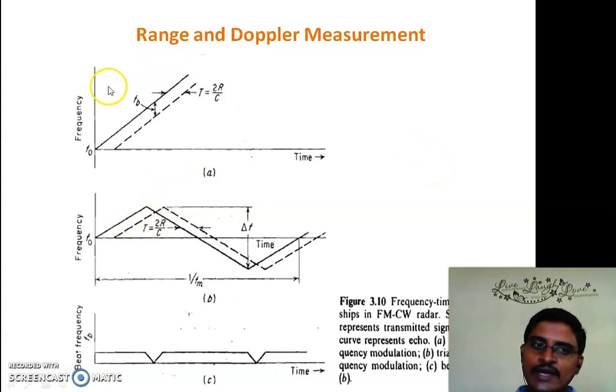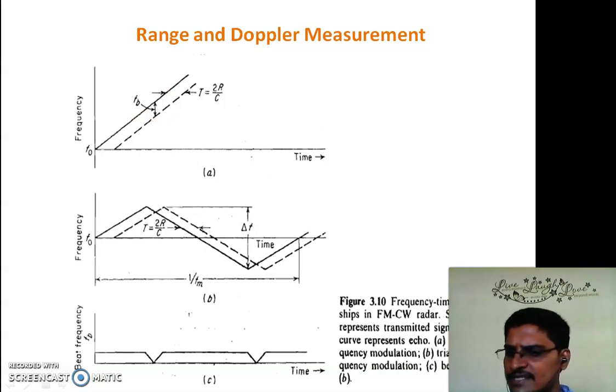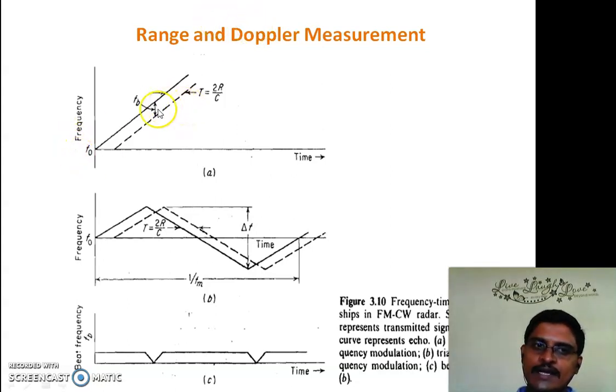But we are not taking this case. Why? In general the frequency does not change linearly with time infinitely. So for a certain time it increases and for a certain time it decreases. It is not possible to increase the frequency of the transmitted signal continuously towards infinity. That is why this is not a practical case. This is the more practical case. Then I will derive the expressions for the relative velocity of the target.